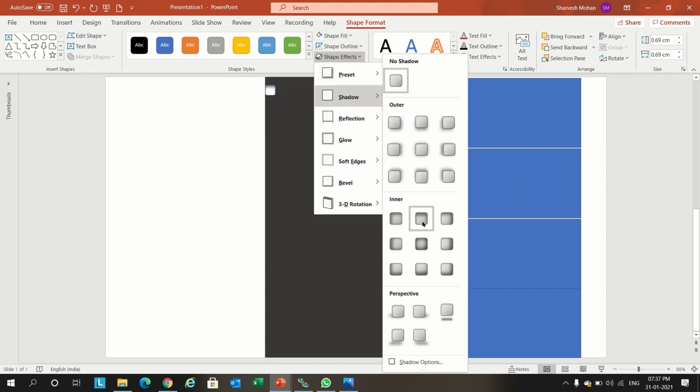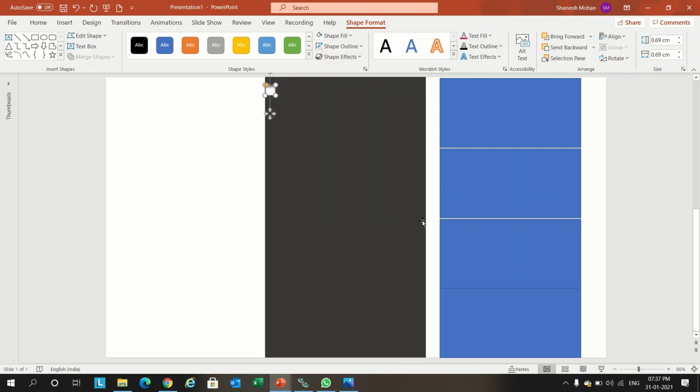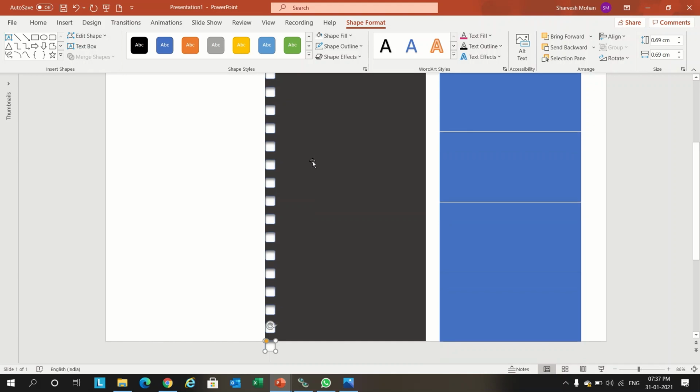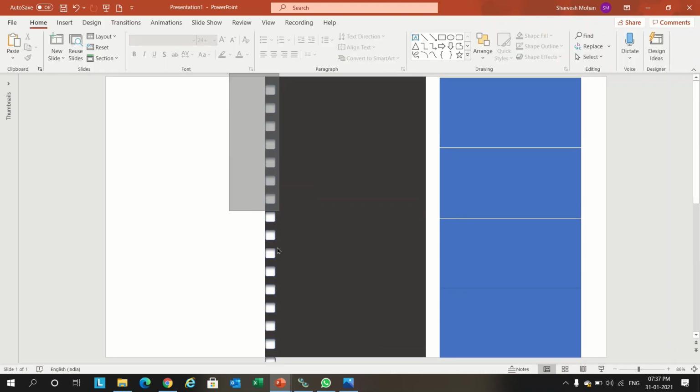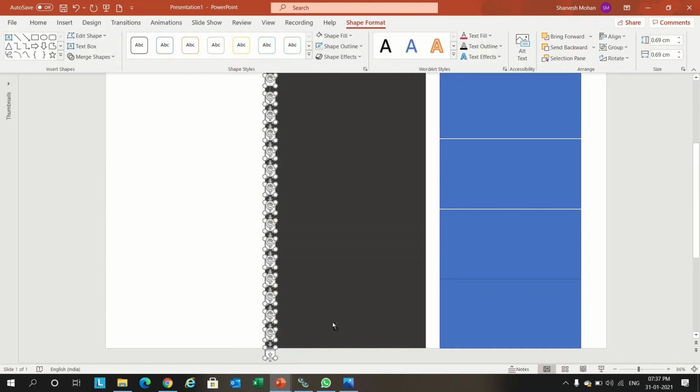We'll use this shadow inside top, and we'll put a Control D, and we'll put below this, and again Control D, so it will copy with even spacing. So this will give a film roll like effect.